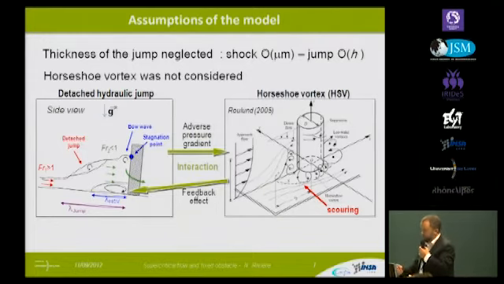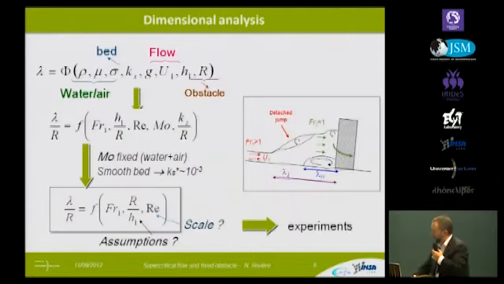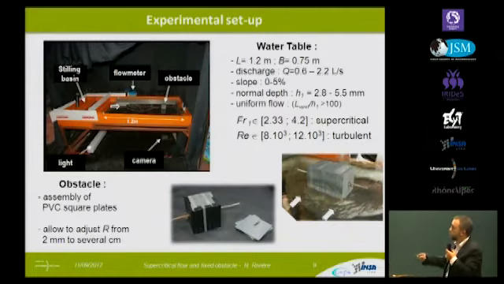And so to see if the model is still valid, we had to perform some experiments. For this, we use this setup. It's a small water table, 1.2 meter long, 0.75 meter wide. We can vary the discharge and the slopes to obtain different depths and, most important, different Froude numbers. Reynolds is always turbulent, and we can also modify the width of the obstacles, which is made by an assembly of small PVC square plates,